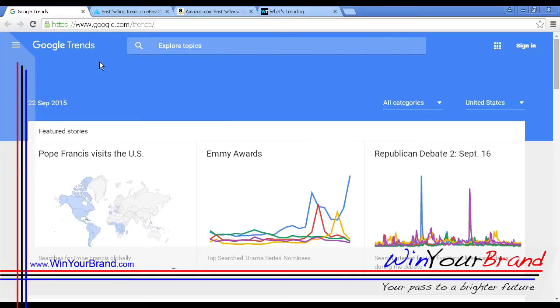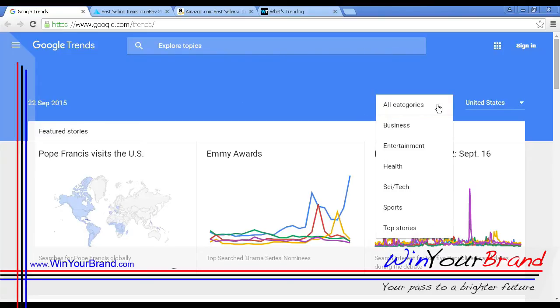Okay, the first site to look at is Google Trends, which you can find here at google.com/trends. And this gives you an idea as to the rising and falling searches on Google and how popular a particular topic is. You can explore the categories from this drop down here.